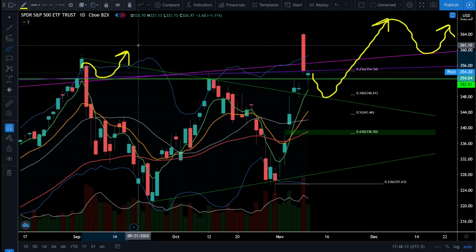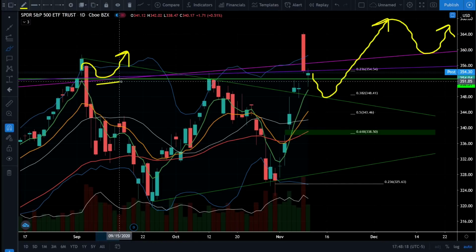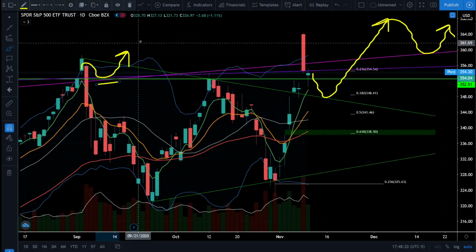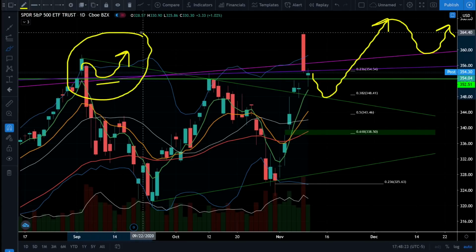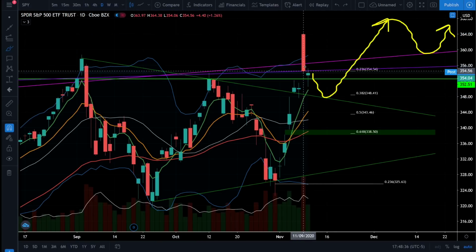This will increase your probability that you're not getting caught in bull traps, and you can always set your stop loss after the bounce below that support level. So this is the safest way to trade a breakout, and if you're trading breakouts just on the first day they break out, you're increasing your risk because you're literally buying at the top before there could be a huge correction. So right now we're trading right around our critical resistance levels on the S&P 500,